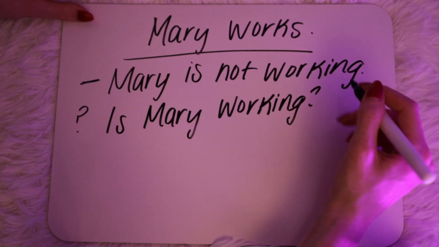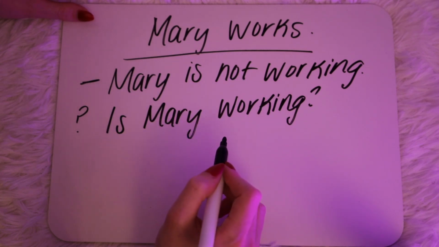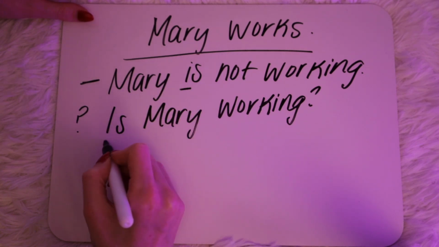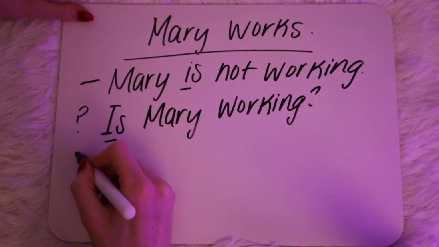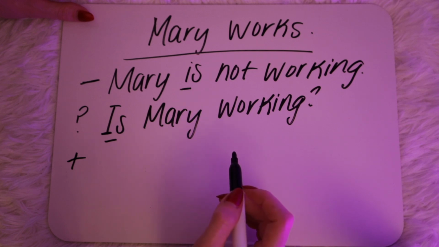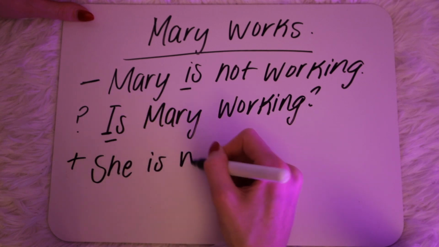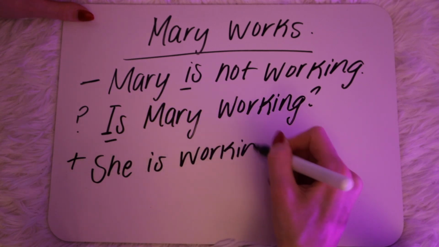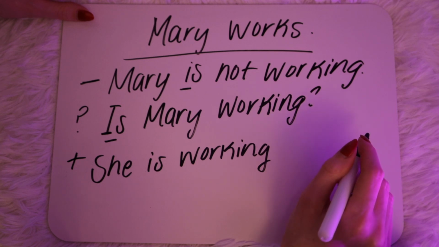Yes, very good. This is because Mary is a girl, so her pronoun is she, and would use is. We could also make this a positive sentence and replace the name with Mary's pronoun. She is working. She is working. Okay, now it's important to talk